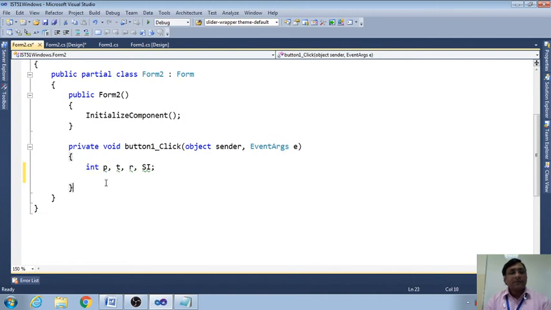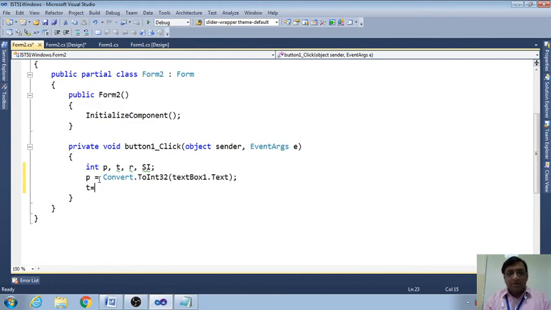So what I will write here, p equal to Convert.ToInt32, and this is textBox1.Text. Remember, you have to write all the information from the IntelliSense box. If you write it by your own hand, there is a chance of error, okay, because this language is case sensitive. Some letters are in capital, some are in small, so be careful.